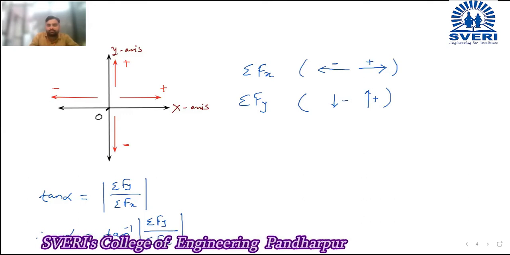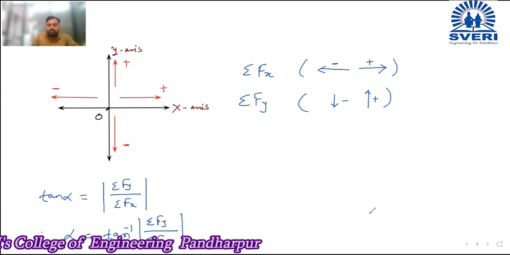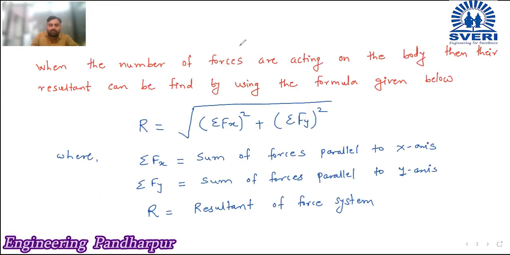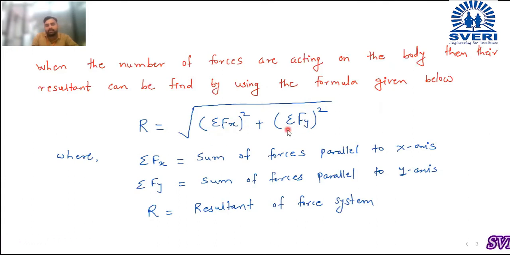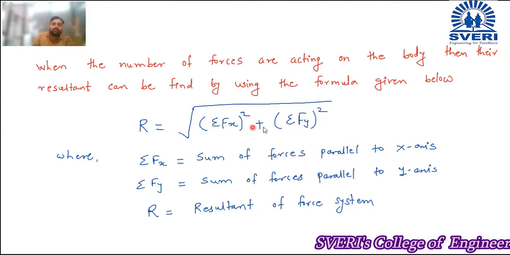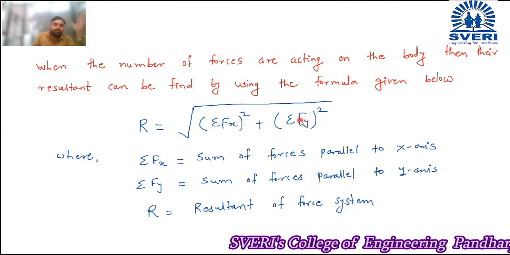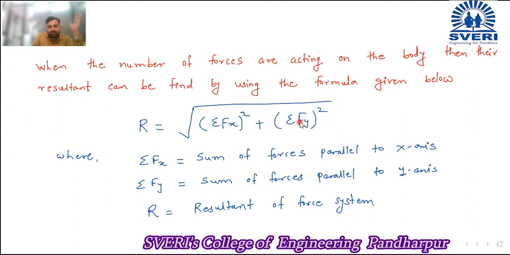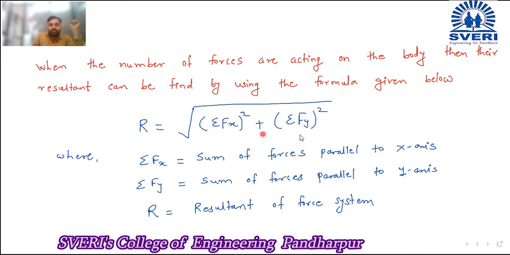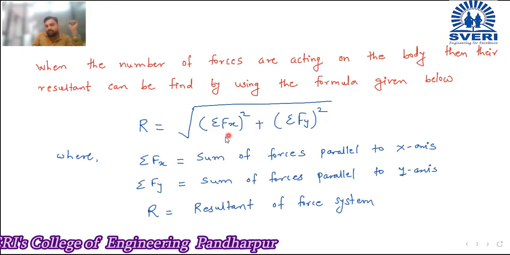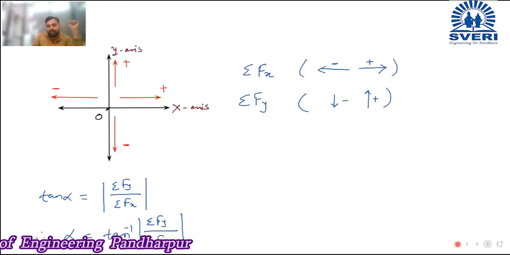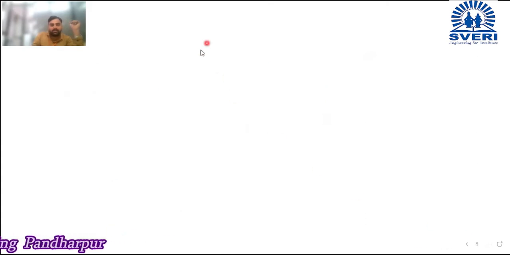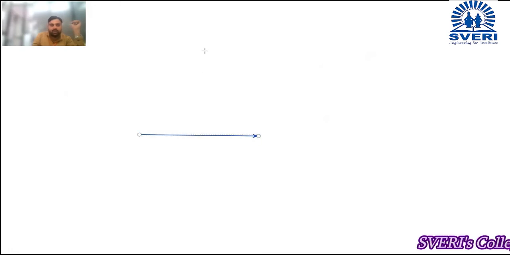See here. So now this is the formula. First, this R comprises these forces, summation Fx and summation Fy, where summation Fx represents all the forces which are parallel to x-axis. Summation Fy represents all the forces which are parallel to y-axis. So now if I use the law of parallelogram for this summation Fx and summation Fy, what do I get? Very interesting thing is there. Now if I plot summation Fx over here, this is my summation Fx.